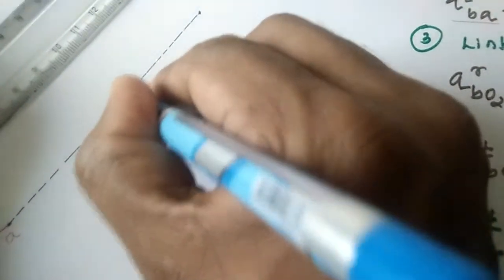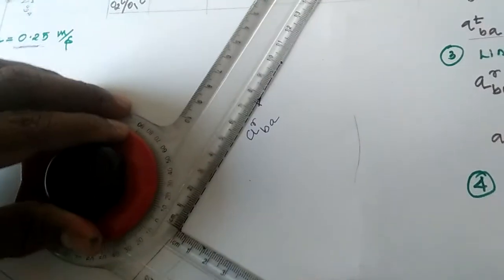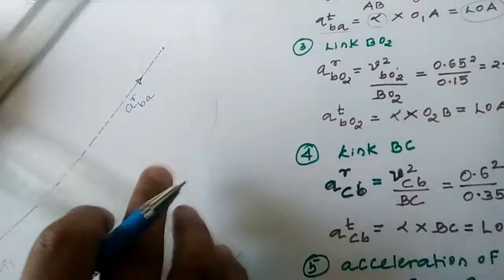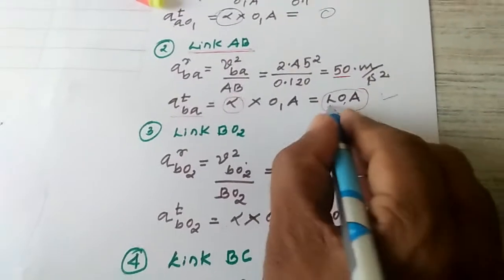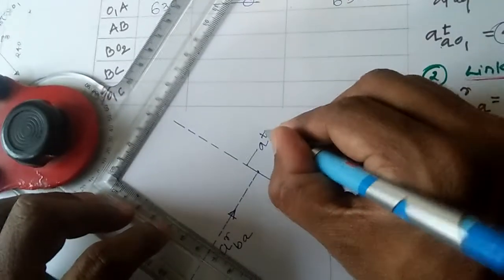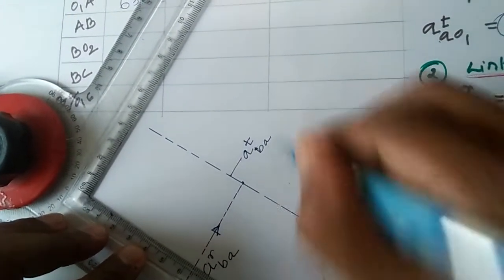This is the radial of B. This is the direction I have taken for the radial, because the radial is 50, and 50 divided by 5 comes as 10. Then what is the tangential? For the radial, this is the line of action only. You have to draw the perpendicular. The perpendicular can be in either direction. This one is the tangential of B.